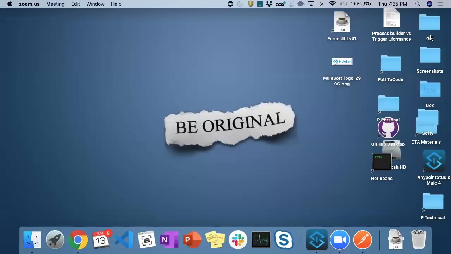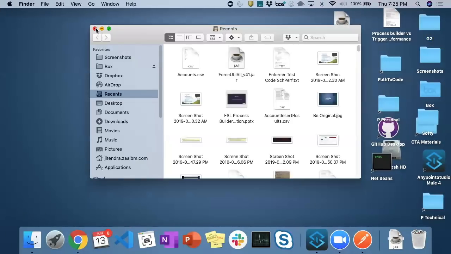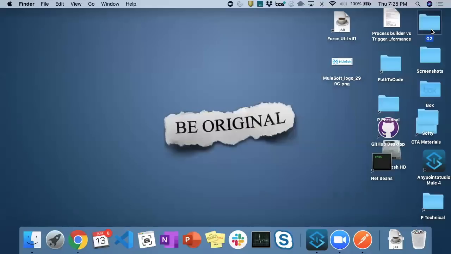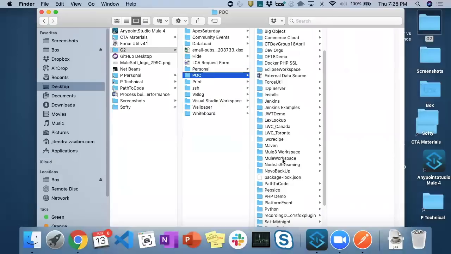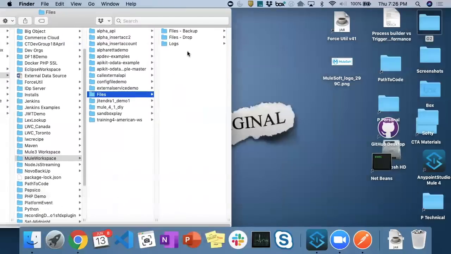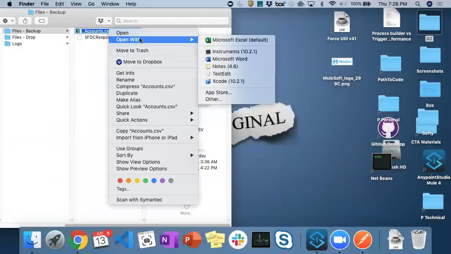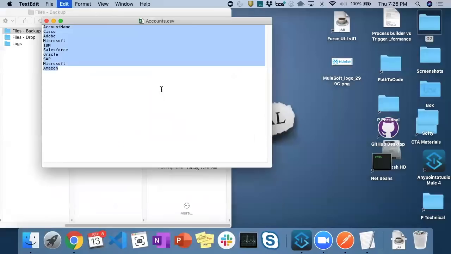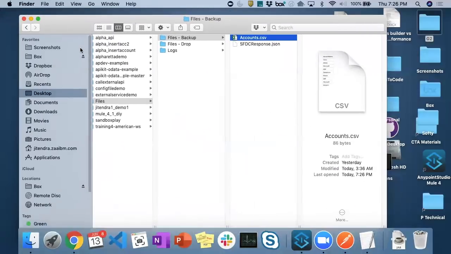I have my POCs, my Mule work, and the file. This is the CSV file I want to insert inside Salesforce. I will open it with this one. This is some data I want to insert as accounts in Salesforce. This is a normal CSV file.